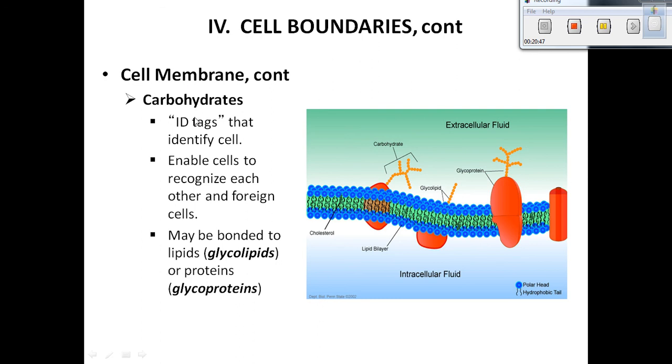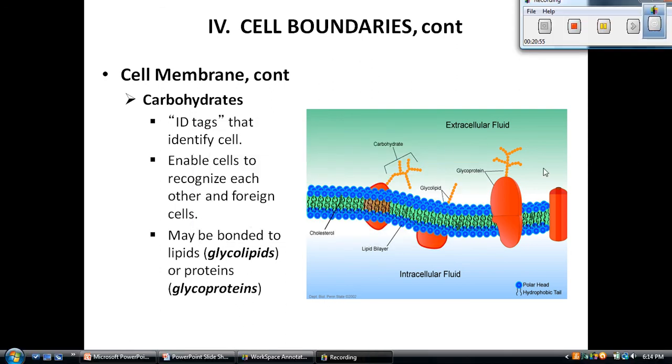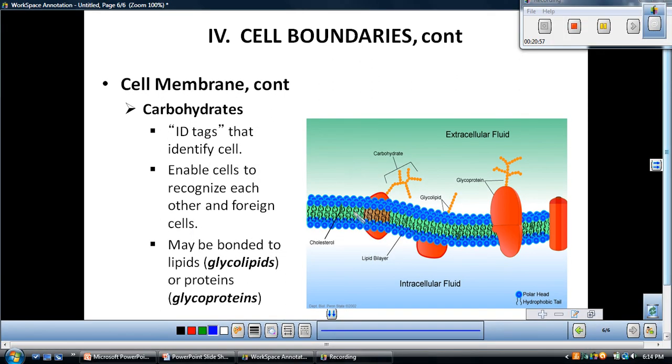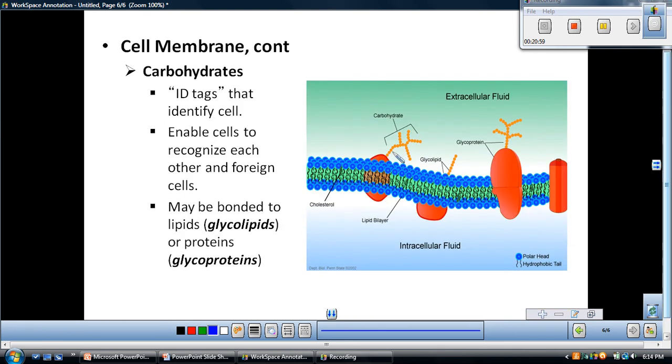So there are carbohydrates in the cell membrane that serve as ID tags. Okay, so you can see in this picture that you've got the carbohydrates. You can tell they're carbs because they're shaped like hexagons, which are 6-carbon sugars, and so they protrude from, in this case, the protein, and there are also some that just stick off of the phospholipids, off the phosphate group. So this one is called a glycolipid because it's glyco, due to the fact that it's sugar, sounds like glycogen, right, or glucose. It's bound to the phosphates on these phospholipids, but then we also have glycoproteins, which are the